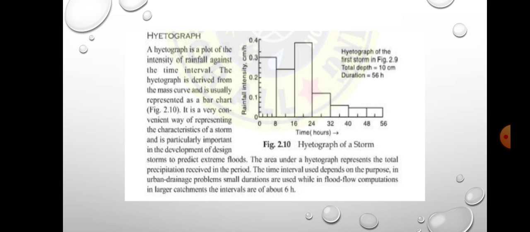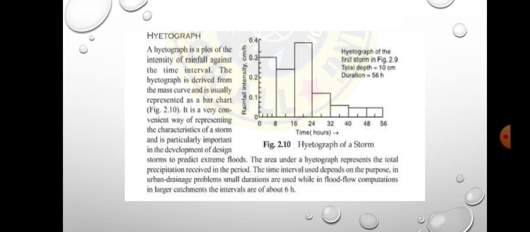Hyetograph. A hyetograph is a plot of the intensity of rainfall against the time interval. The hyetograph is derived from a mass curve and usually represented as a bar chart, as in figure 2.10. So, it is a very convenient way of presenting the characteristics of a storm and is particularly important para sa development of design storms to predict extreme floods. So, the area under the hyetograph